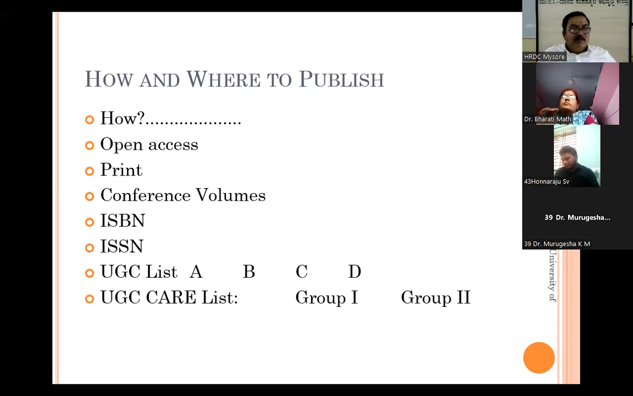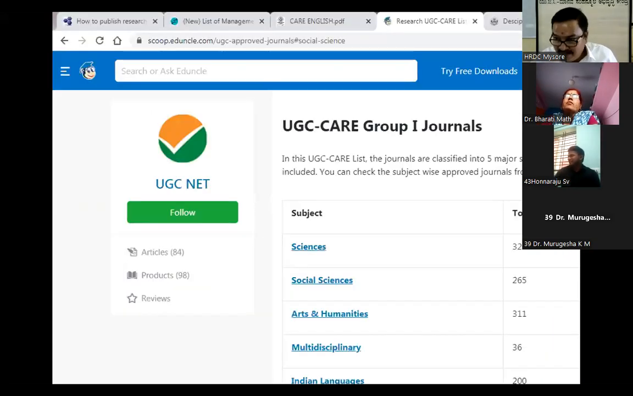Before this, UGC classified the groups into A, B, C, D. Now it is clearly the CARE list, Group 1, Group 2 journals. So are there sufficient journals in Group 1, Group 2 or not? This is the next question. Look at here. In Group 1,